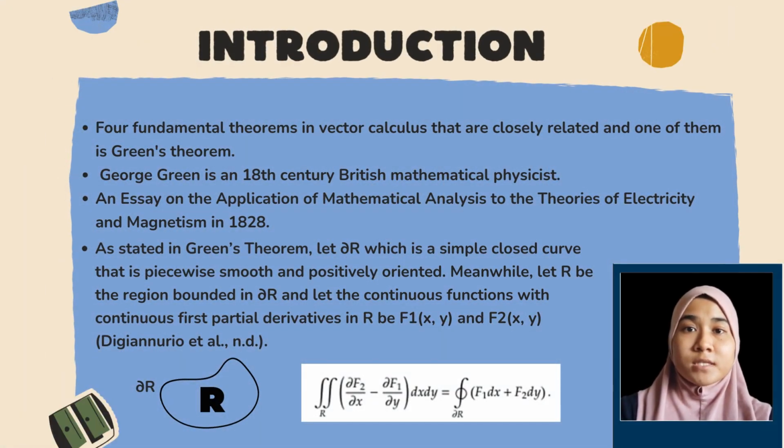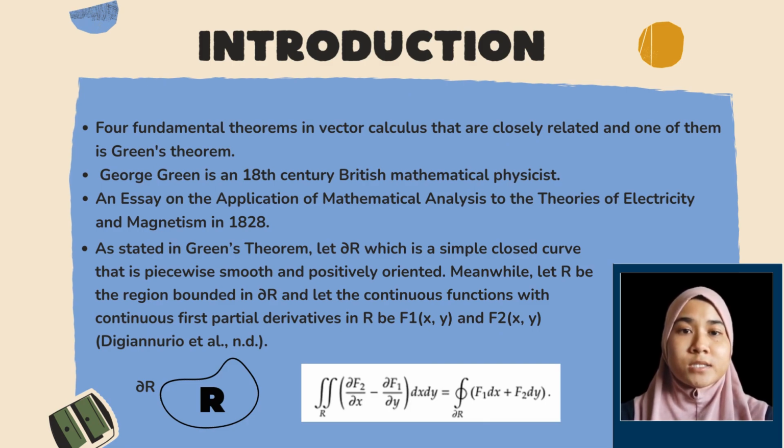Fundamental theorems in vector calculus, and one of them is Green's theorem. Green's theorem was invented by George Green, an 18th century British mathematical physicist. George Green had privately published an essay on the application of mathematical analysis to the theories of electricity and magnetism in 1828. As stated in Green's theorem, let ∂R be a simple closed curve that is piecewise smooth